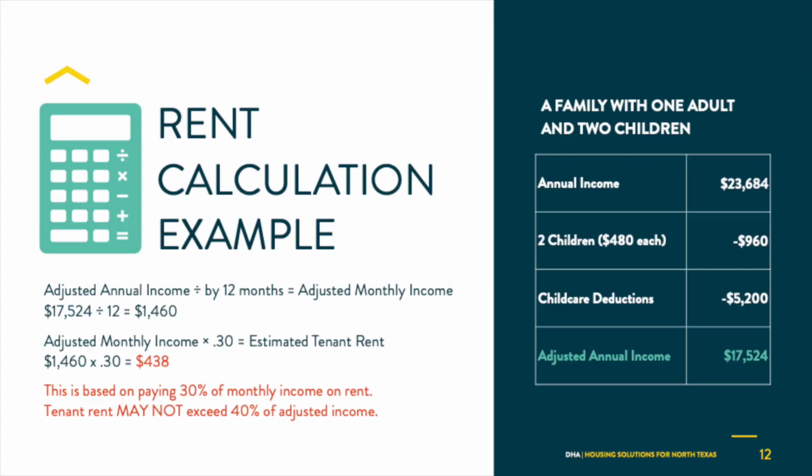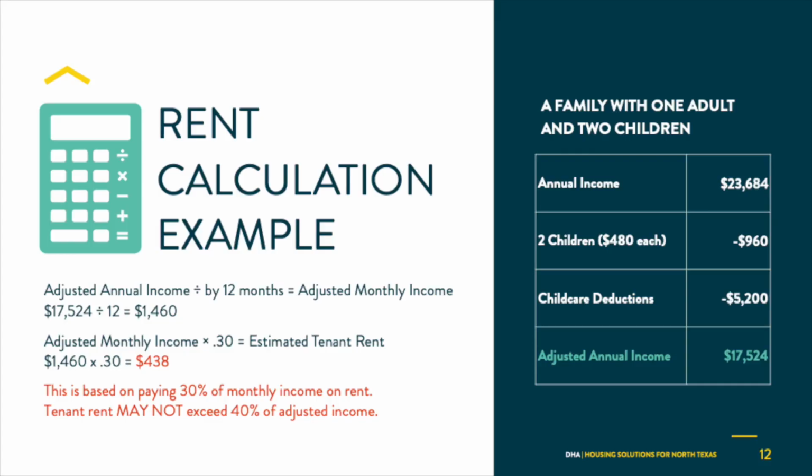First, we will review the right side of the slide. In our example, we have selected a family with one adult and two children. In this example, the family's annual income is $23,684. Annual income includes income from employment, benefits from Social Security, Veterans Administration, or other organizations, interest earned from checking